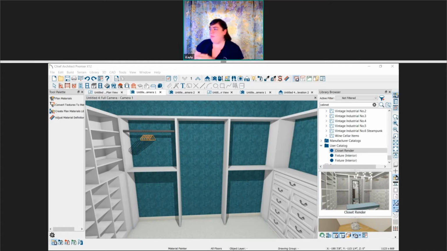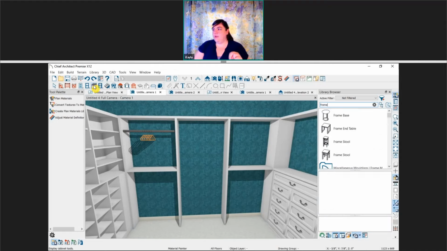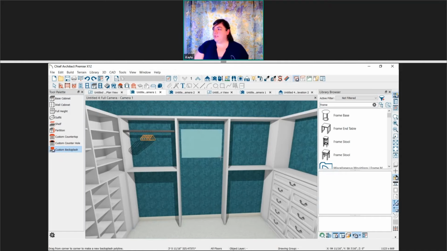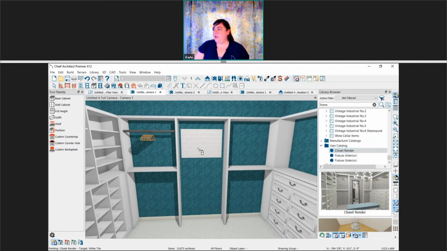Yeah, it's the same process that we just went through as far as how to import it. But then if we want to add it to a frame, there are two different ways we can do this. One is something I use all the time if I'm doing a canvas. If it's a canvas picture, I'll use the custom backsplash tool, and I'll draw a backsplash on the wall. Then I'll take that picture that I imported and paste it onto that backsplash. So that would be more of a canvas application. But if we want a frame,